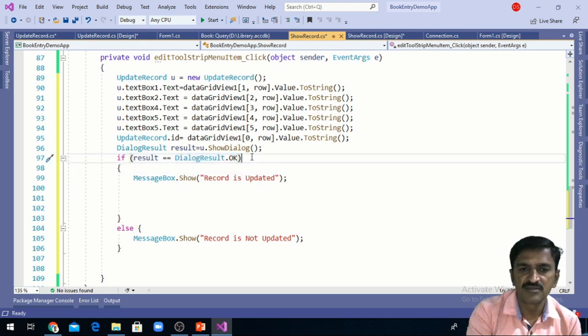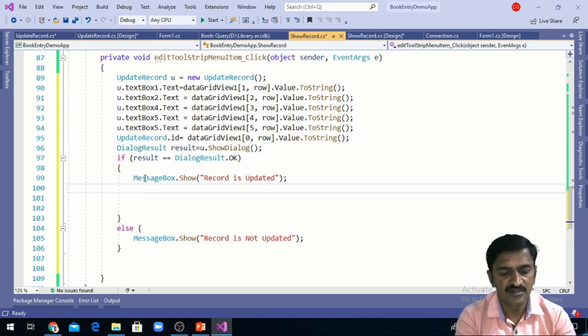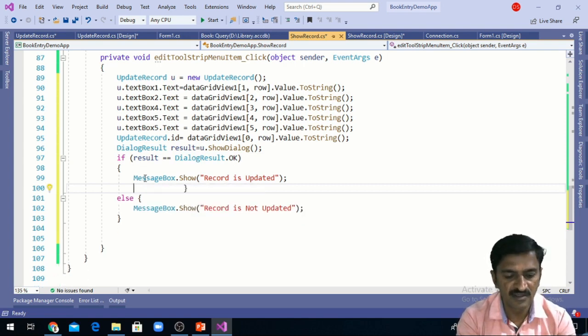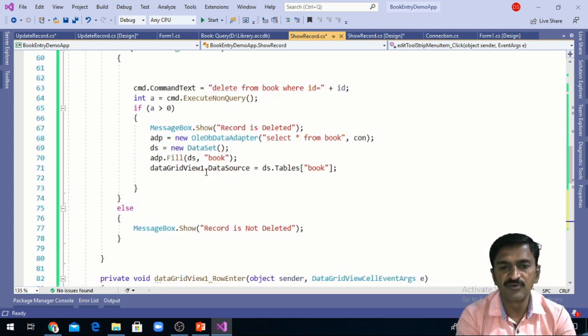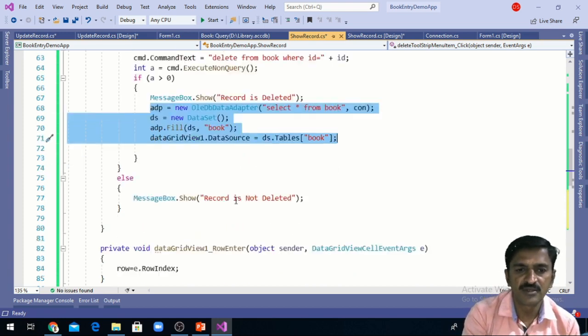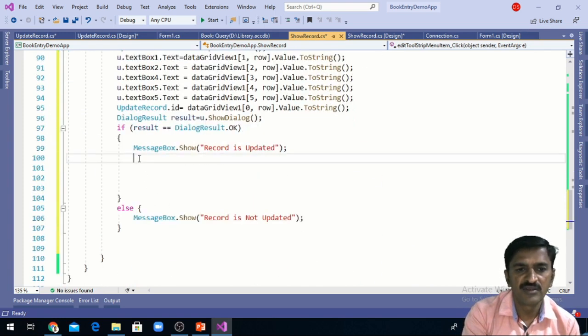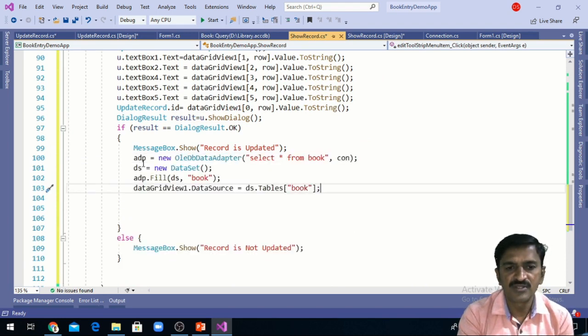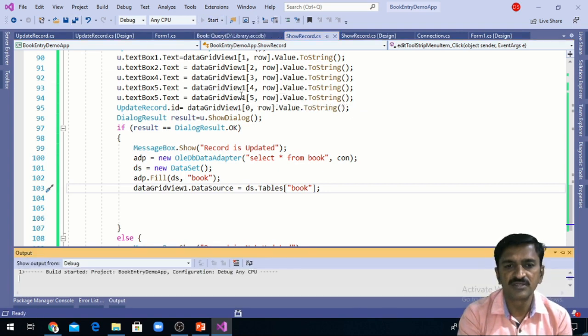It returns the value DialogResult.OK, this condition will be true, and at that time the message record is updated will be displayed here. Once again, we will get the record from the database if the record is updated, and display the record once again in the data grid view. So we can check whether the code is working properly or not.